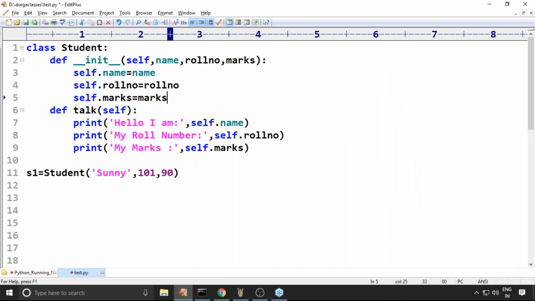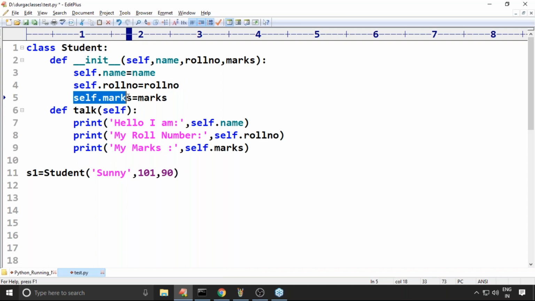Are you feeling comfortable? Yes, friends. Okay. So whatever values I passed, which variables hold these values? These variables, and this data is assigned to which variables? Self.name, self.roll_number, self.marks. But here I have to provide one small clarity. Observe carefully.